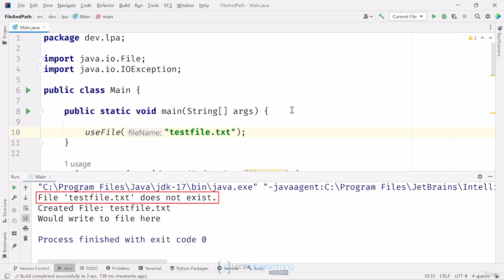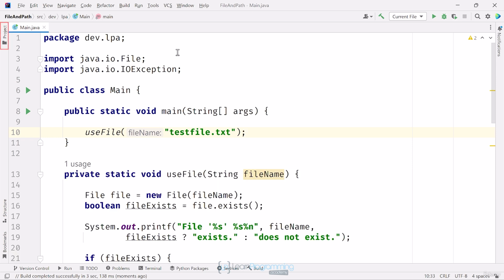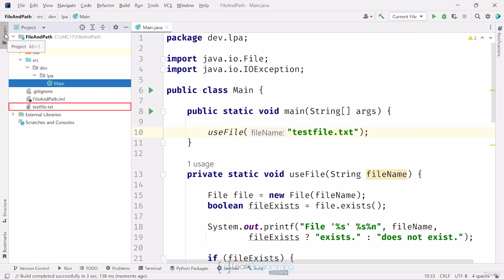I'll get the statement in the output: the file testfile.txt does not exist. I can see the code created the file and that it would write to the file, which means the canWrite method returned true. If I open my project pane, I can see my testfile.txt file there in the project's directory,